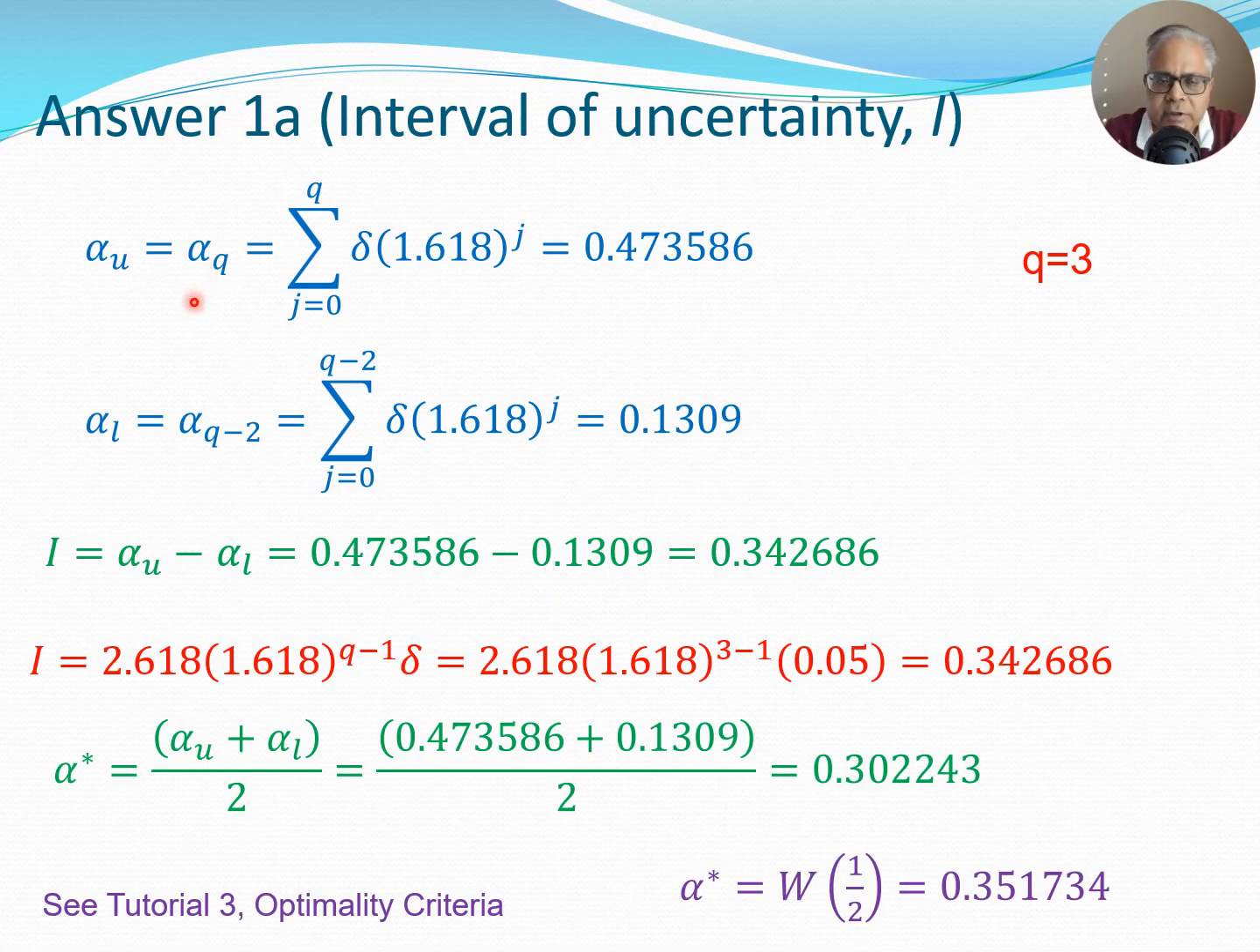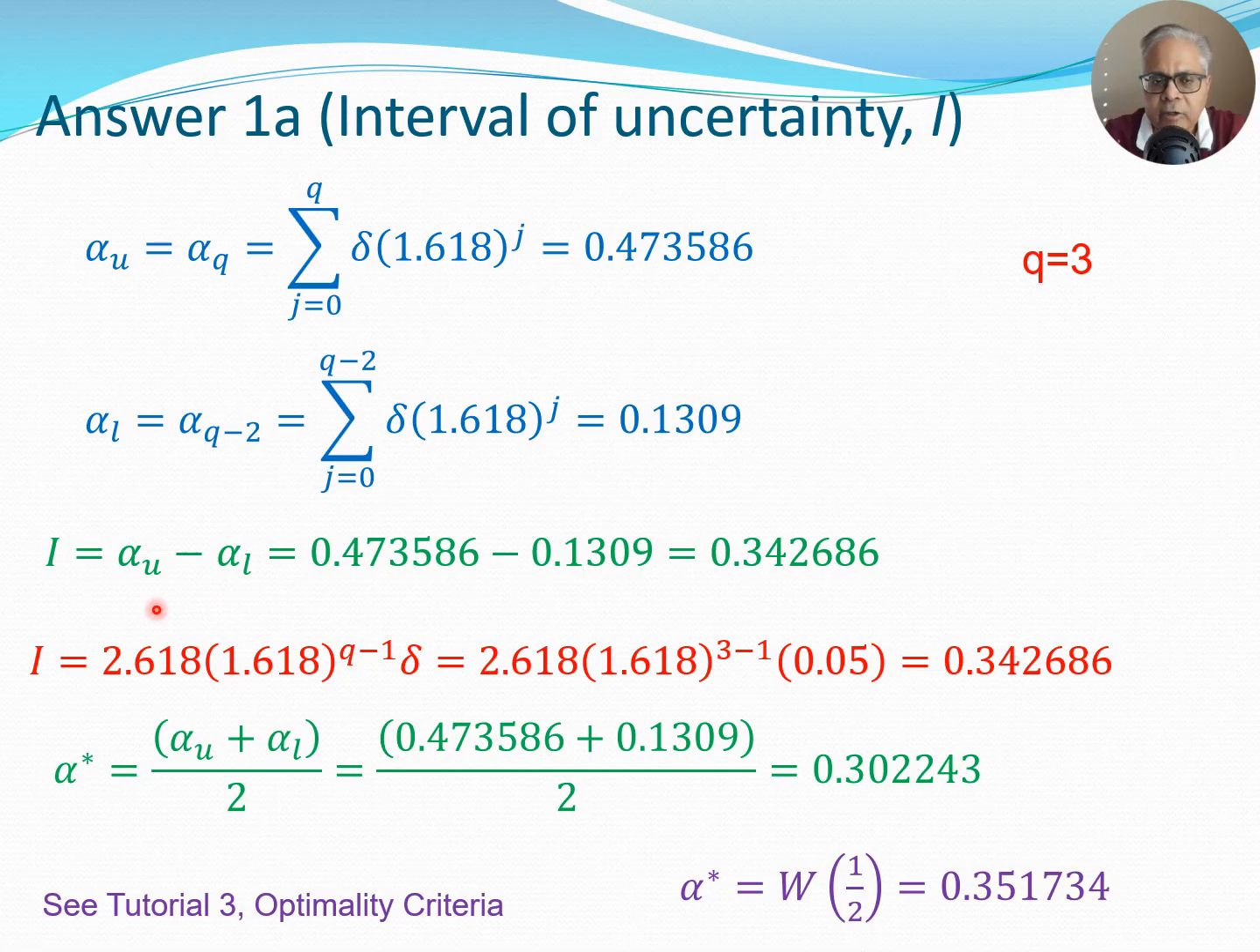So now what we do is that we have bracketed the minimum point at which q was 3, and so we obtain the value of alpha U and alpha L as the upper and the lower bound on the region I. And so I have these two values here. Alpha L is 0.1309, alpha U is